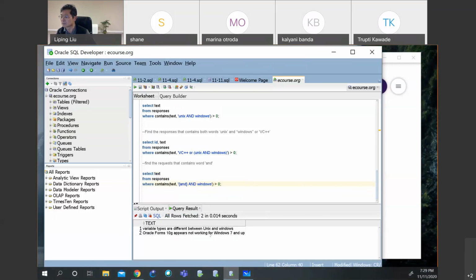Let me see whether is this "and" here. Windows. This one has "and" and Windows. I see. So searching for the single word "and" will not be working, but if you have multiple words, then that should be okay. That's interesting. All right, so basically, if you want to search for those words like "and" or "all" or "near", just put them inside the curly brackets as the search word. Okay, so that is a way to solve that problem